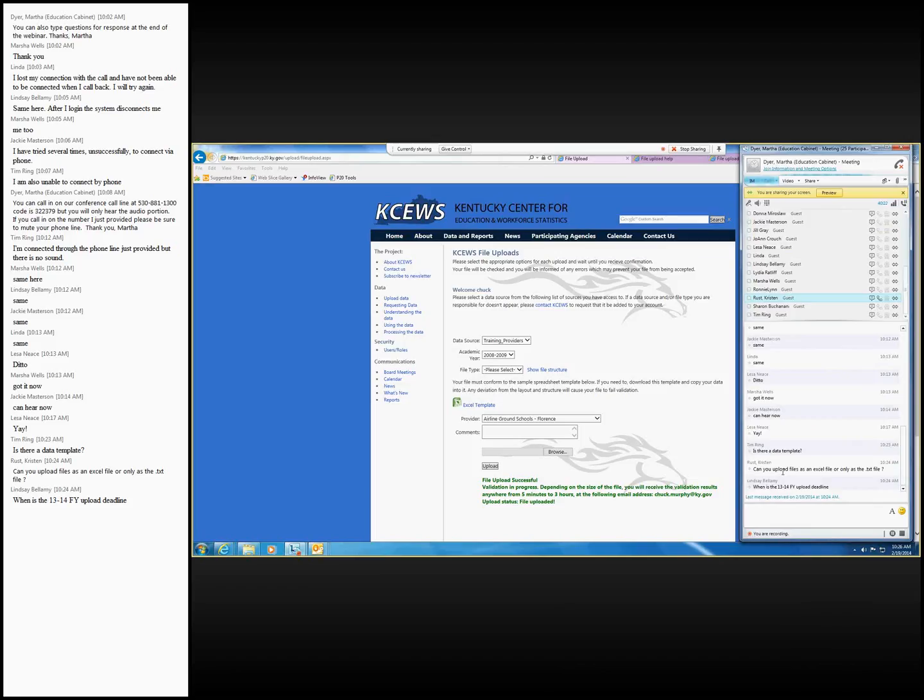Somebody asked if you can upload an Excel file. Unfortunately, no. We originally wanted to do it that way, but Excel has some quirks when we try to validate, and if the Excel file itself is trying to set a data type like numeric or whatever, it really messed with our validation. You can, however, though, it's